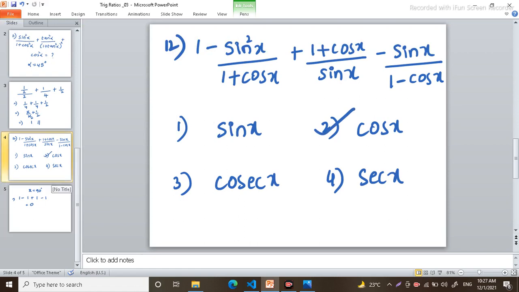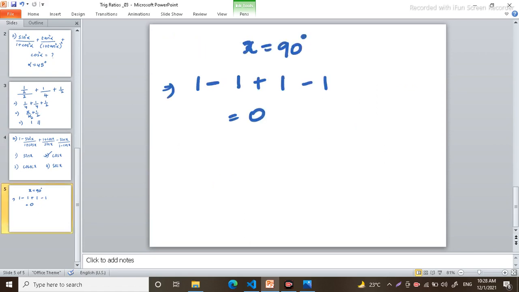I'll do a quick revision. This is the question. I am doing the substitution method. I am taking the x value as 90 because cos 90 is 0 and it is easy for calculation. Make sure whatever value you take, it should not come to infinity, that's all. Here when I take 90, no issue. So I substituted: 1 minus 1 plus 1, that is 1 plus cos x. Cos 90 is 0, sin x is 1, minus sin 90 is 1, 1 minus cos 90 is 0. So the value will come like this, 1 minus 1 plus 1. So the value is 0.